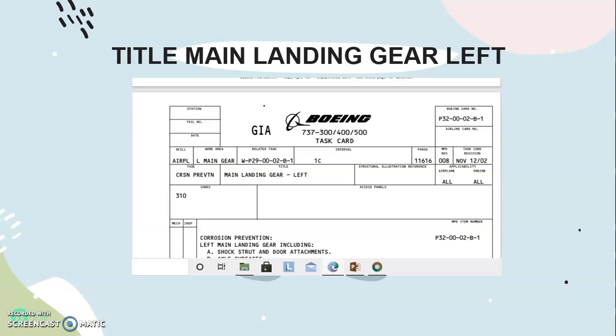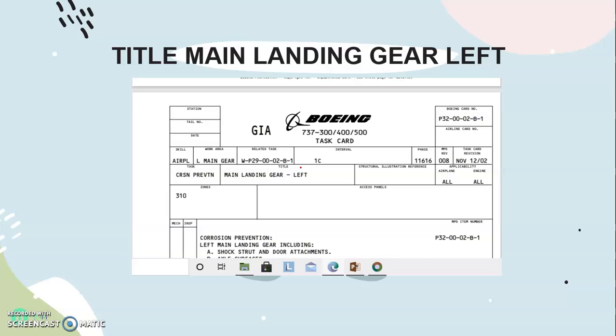This slide is titled Main Landing Gear Left. Overall it is the same information that I see in the previous task card, but there are a few differences like work area, title, and maybe that's all that I can see.